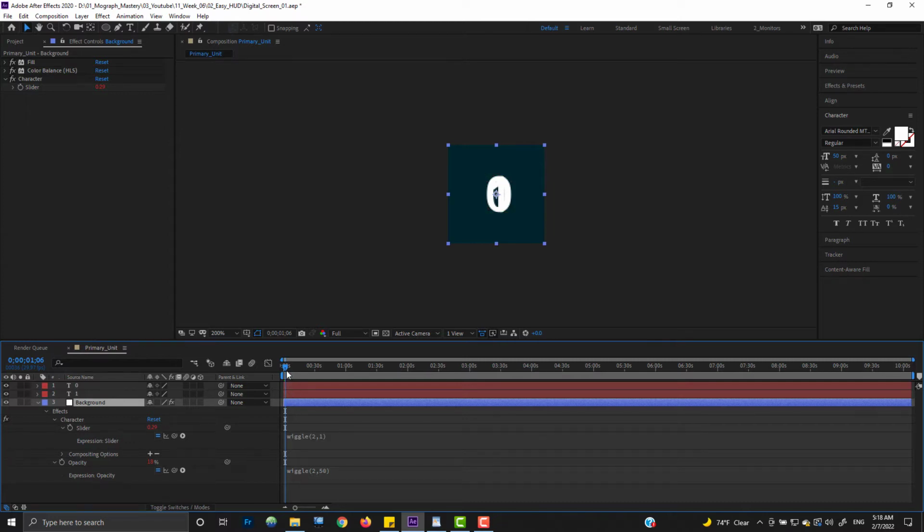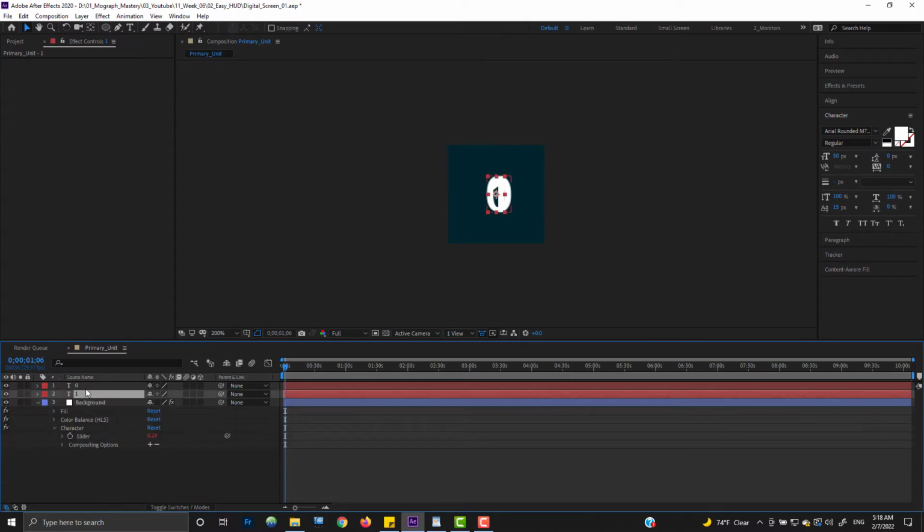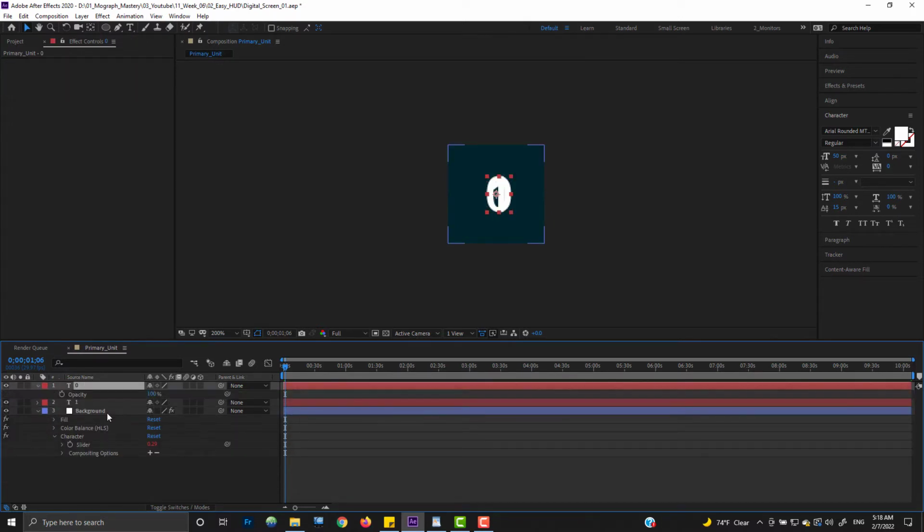Now the value 1 means the value is going to change between -1 and 1, because the value we typed here is 0, and the wiggle is 2. That 2 is frequency, so it's a very slow movement, and the amplitude is 1. That means the value is going to fluctuate between -1 and 1. So what we're going to do, press E and select this layer, and press T to have the opacity attribute,